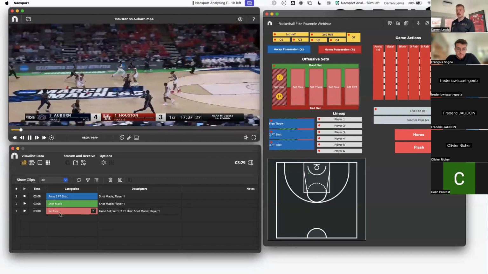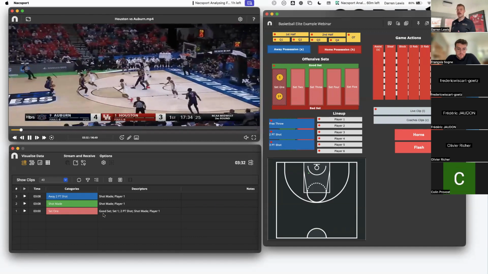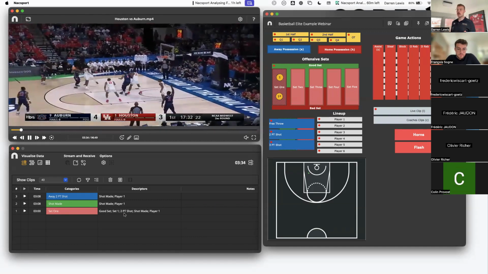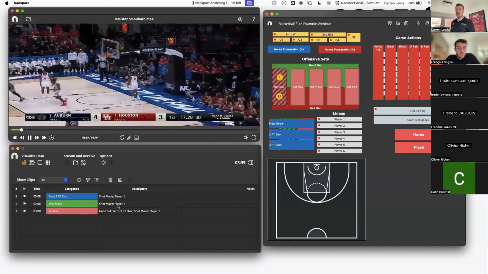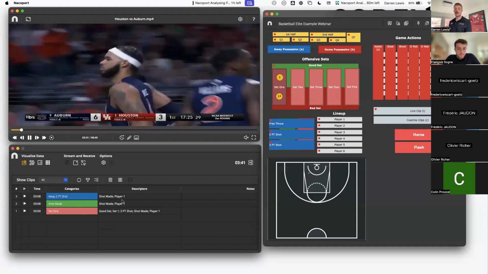So here you can see that my set category now has the fact it was a good set. There was a 2-point shot that was made, taken by player 1. And I've got some different categories here that signify a shot was made and it was a 2-point shot by